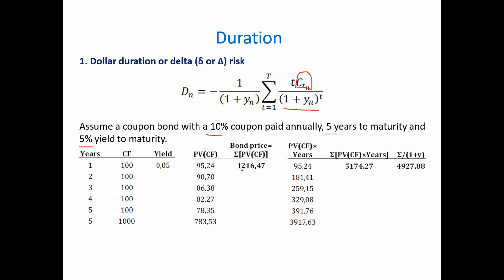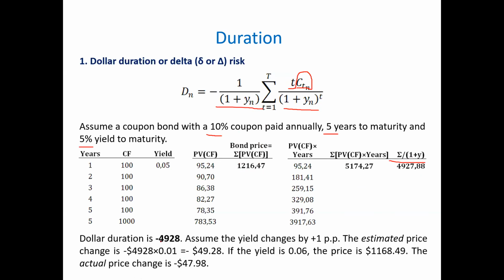So the bond's price is going to be equal to 1,216. And then you do not forget to multiply by t. So you get something like that. And then you divide it by this. So anyway, this is really easy. You can do this in Excel. And the result is something like that. So minus